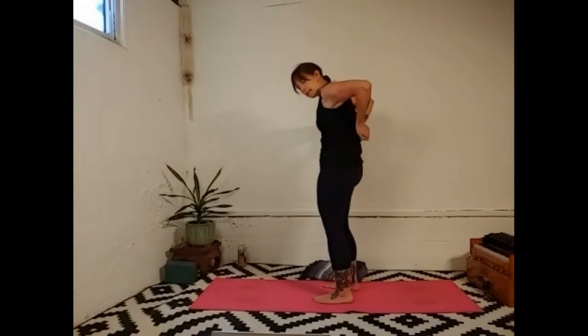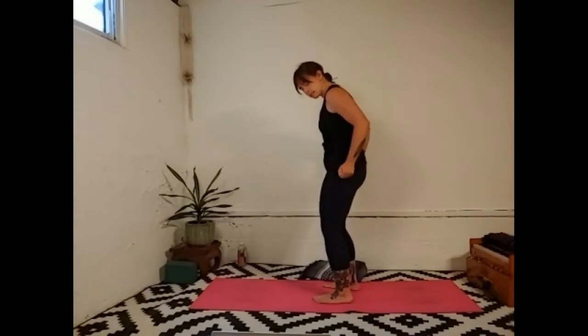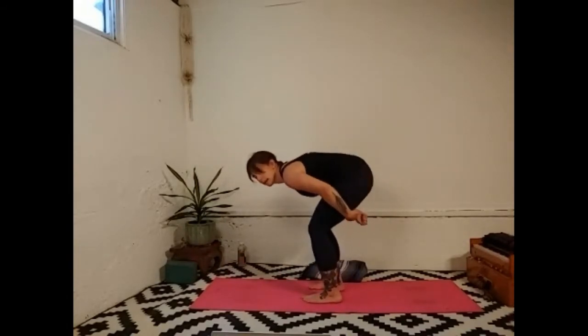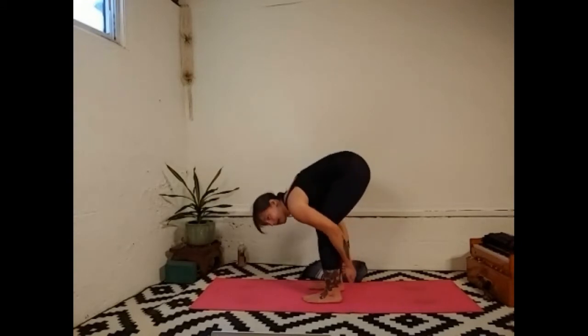Gently tapping the kidney area and the low back, as high as you can get comfortably along the spine here, and then down into the hips and the glutes, and big old circles in the glute area here. Okay, and then get a nice bend in the knees so you can start to tap down the backs of the legs through the hamstrings, gently to the back of the knees, the calves, and then go out the outer